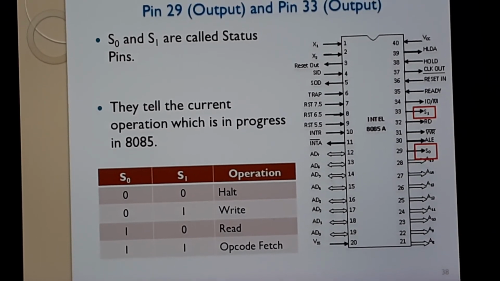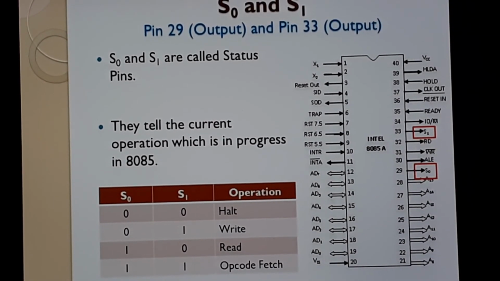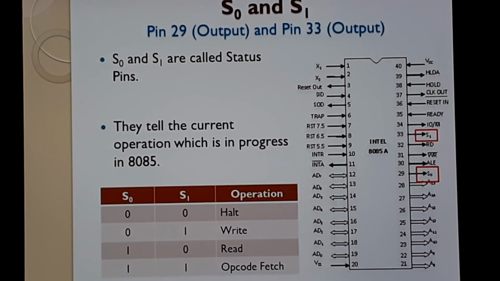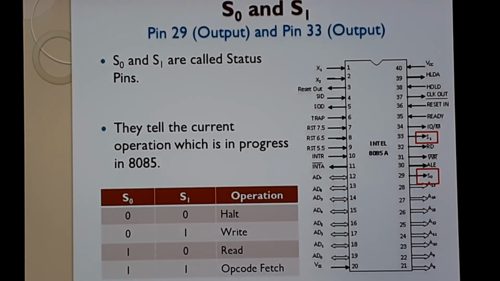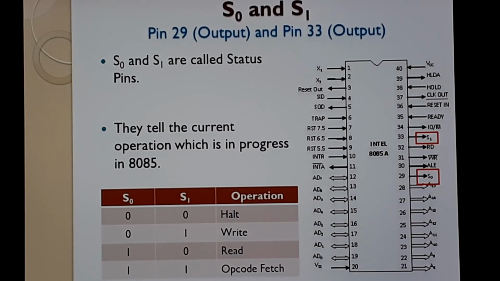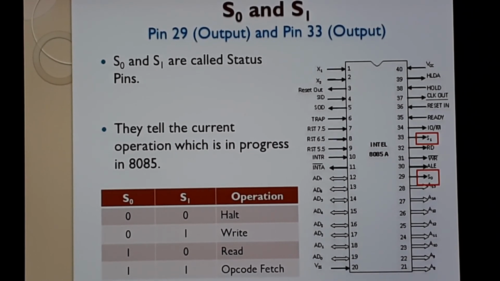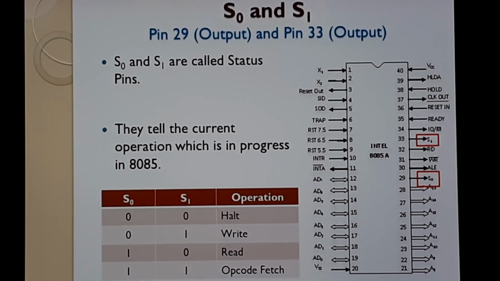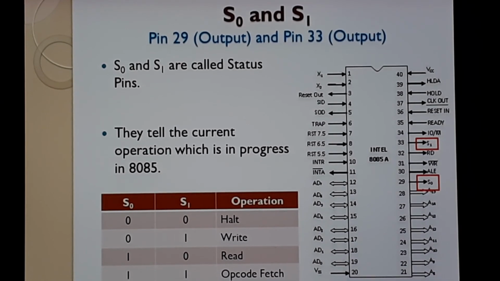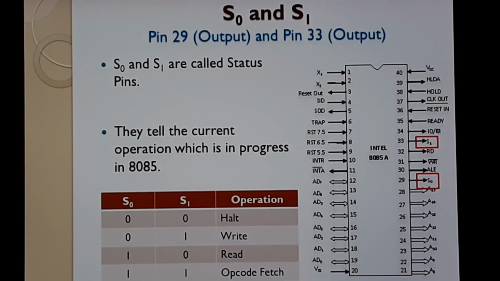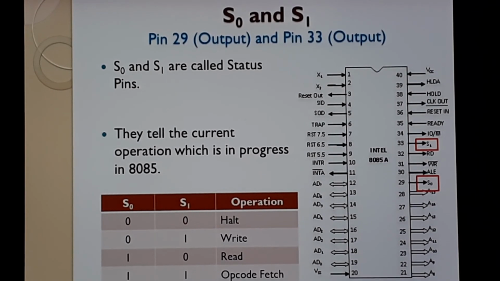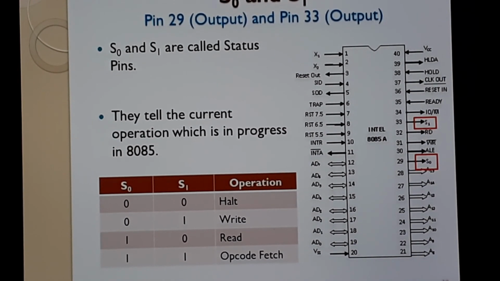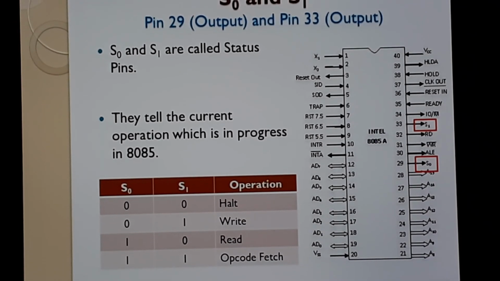You need to write only 2 points for each of the pins which have been asked in the exam. Since each pin will carry only 1 mark, they will ask you 3 pins together in the exam. Suppose they ask you AD0 to AD7, S0, S1, A8 to A15. So these 3 pins will give you 3 marks, and you will have to write 2 points at least for each. So for this you will write S0, S1 stands for status signal pins. These status signal pins will tell you the type of operation which is going on, and you need to draw the table which I have shown here, S0, S1, and the operation type.